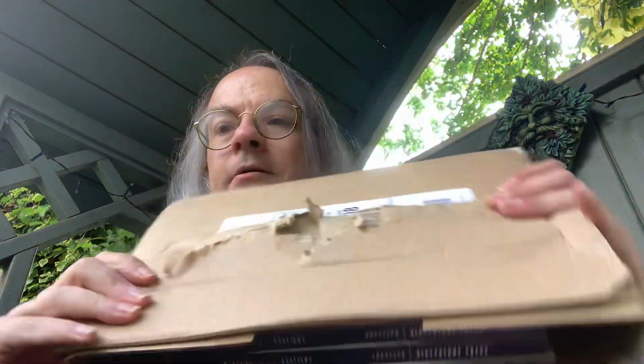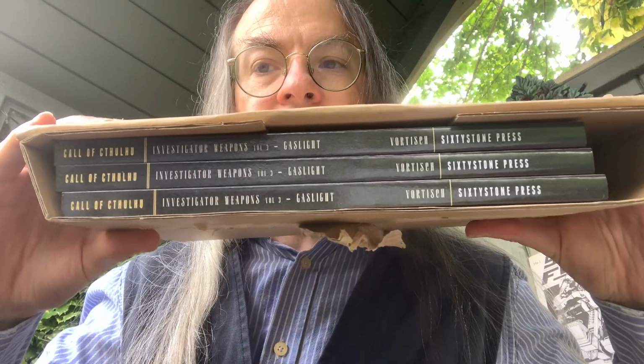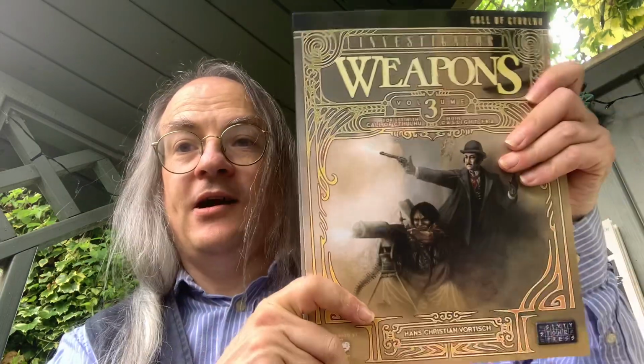Okay, so what I've got in here, I think, is this, which is, well, I wasn't expecting this and this. And this, it's basically 3 volumes of the same book, which is Investigator Weapons Volume 3 for use with Call